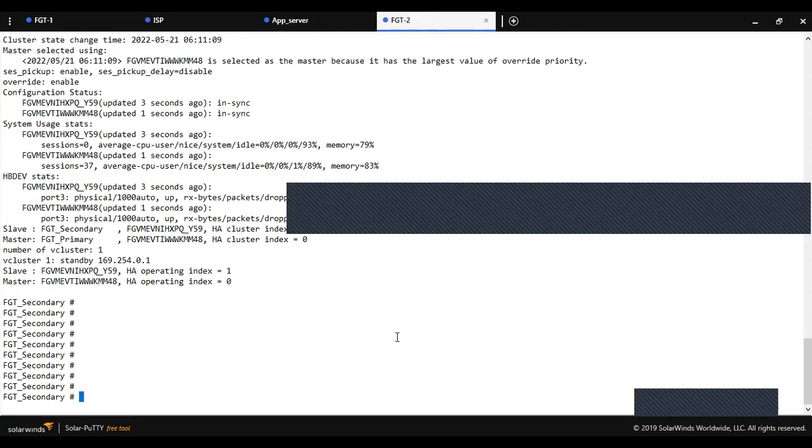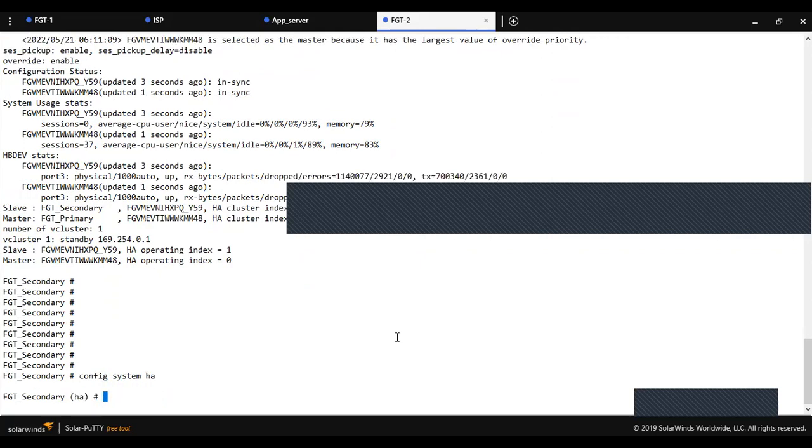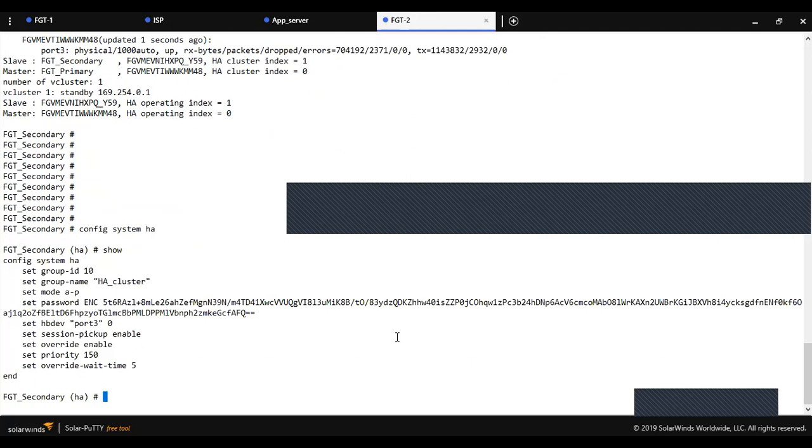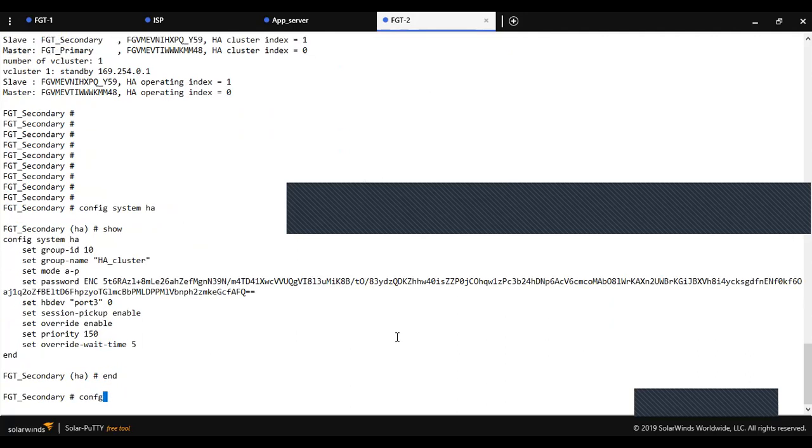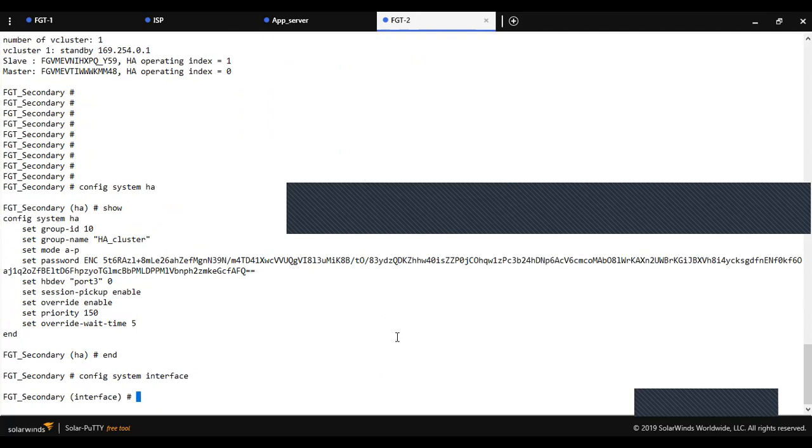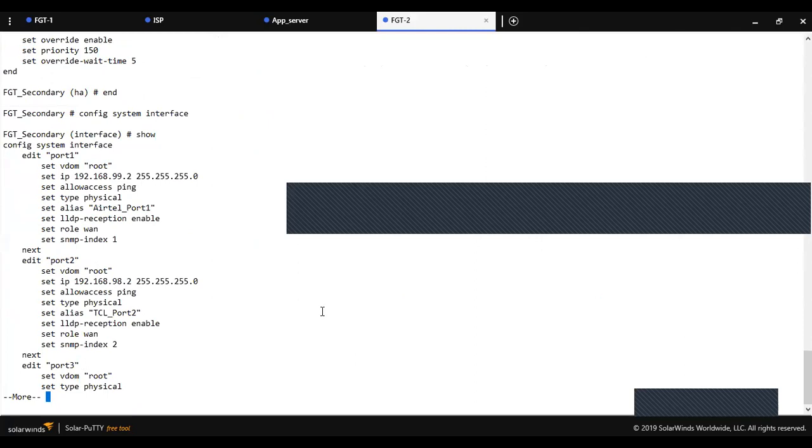I think the configuration has been synced. Let me check config system ha. See, all the configuration has been synced in the secondary firewall.